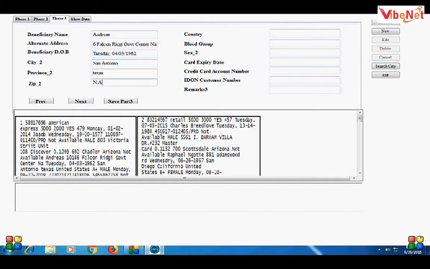You are not supposed to make any changes in these fields. You have to fill these fields accordingly to the image given below.